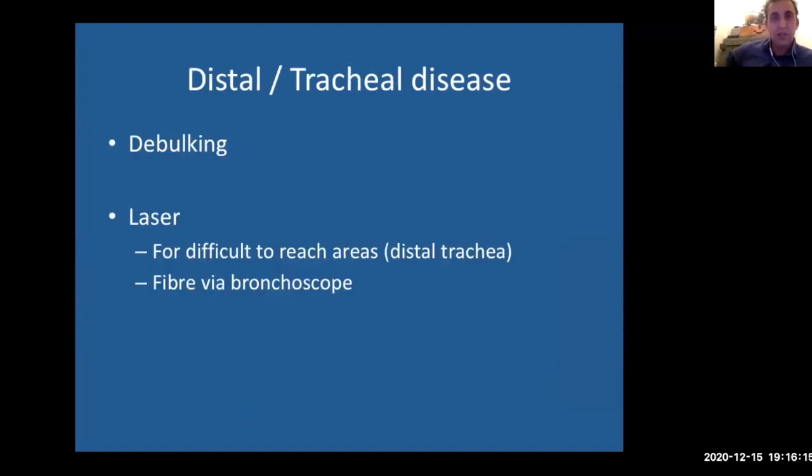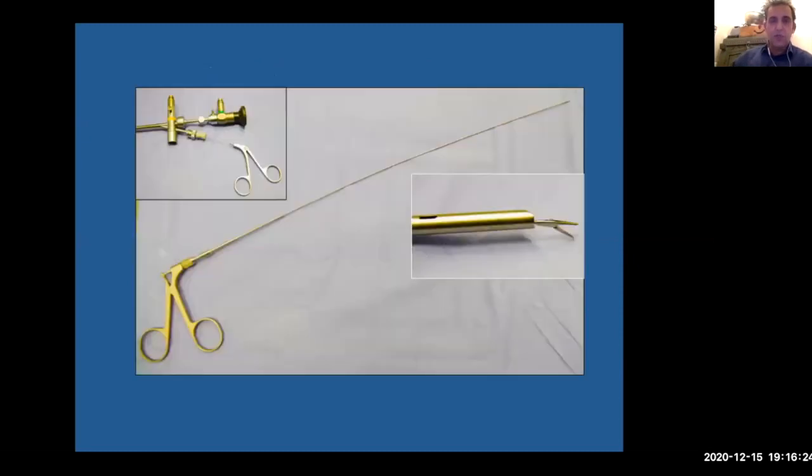So distal tracheal disease, we try and remove either by debulking, or this is where we tend to use laser. For debulking, we use a ventilating bronchoscope, as demonstrated on this picture, and then you either use a flexible forceps or sidearm forceps, which you can pass through the sidearm port for the ventilating bronchoscope, and that's usually where we will pass a suction catheter down. So this is thin enough to go down and extend past the distal end of the bronchoscope, and will allow us to pick little bits of papilloma off in the distal trachea.